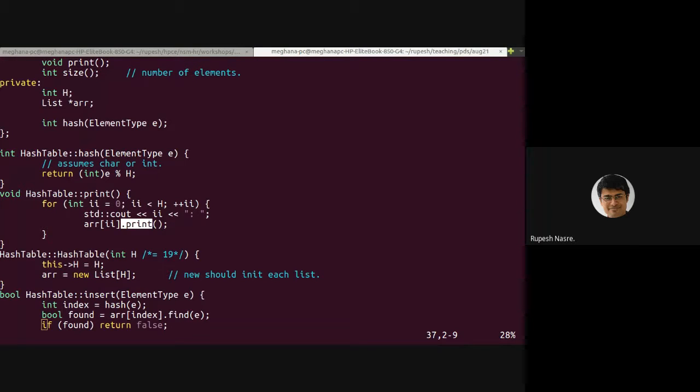Yeah, I'll come to Sai Charan's question. Okay, Surya Narayan says that it's going to be list print. So that is correct, because each element of the array is going to be list, and therefore it's the list print which you can use to just print the list.